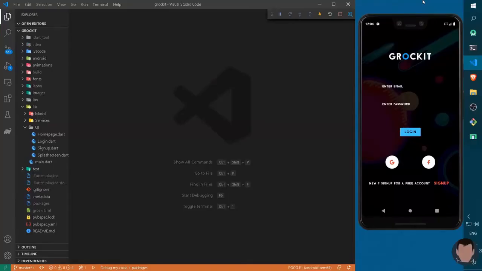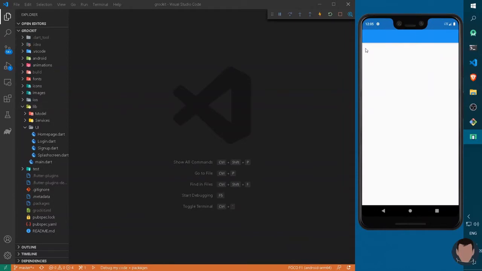In the last tutorial, we have learned about the CRUD operations that we can perform on our Cloud Firestore. Now, if you haven't seen the previous video, please check it once to get familiar with Cloud Firestore and how we can perform it. In this tutorial, we will be learning how to build a beautiful UI for our application Grokit. So we can start the video by just logging into our account via Google.